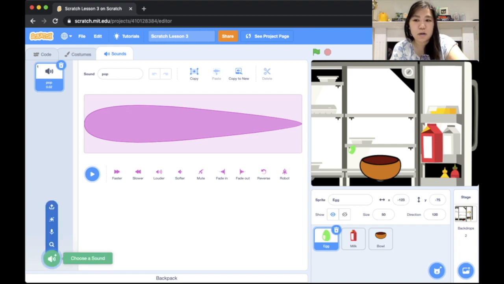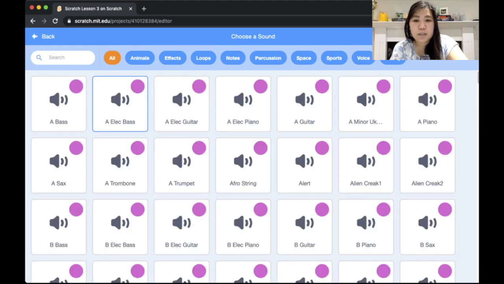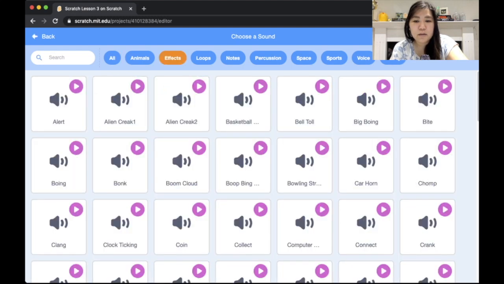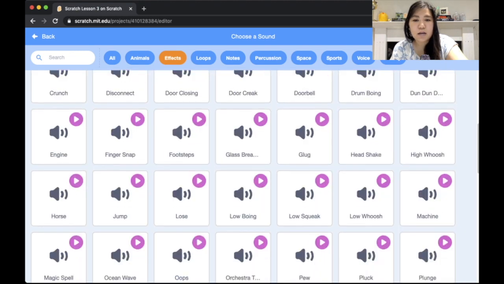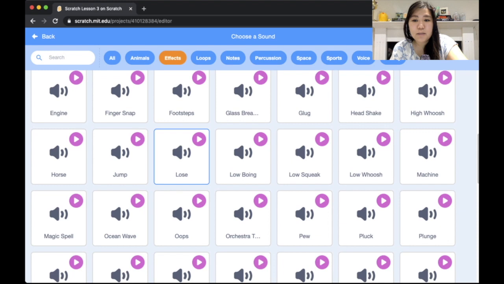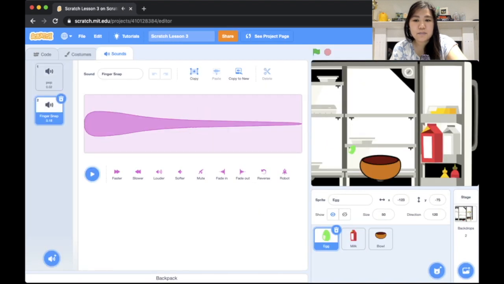So I'm going to choose a sound on the bottom left here. I'm going to go into the effects category. And the best one I could find to imitate an egg cracking on the side of a bowl is going to be this finger snap. It sounds like this. And I'm going to put this into my code. So I'm going to go back to my code,